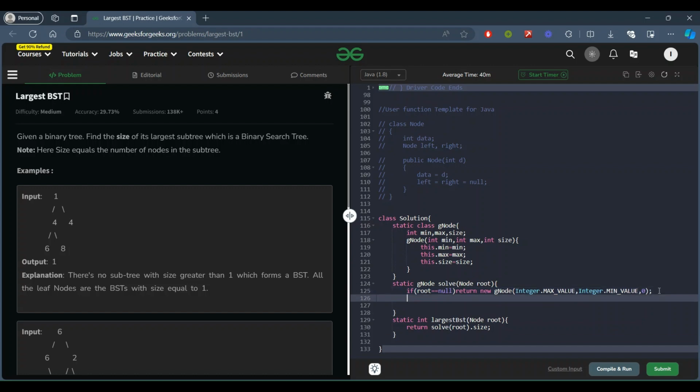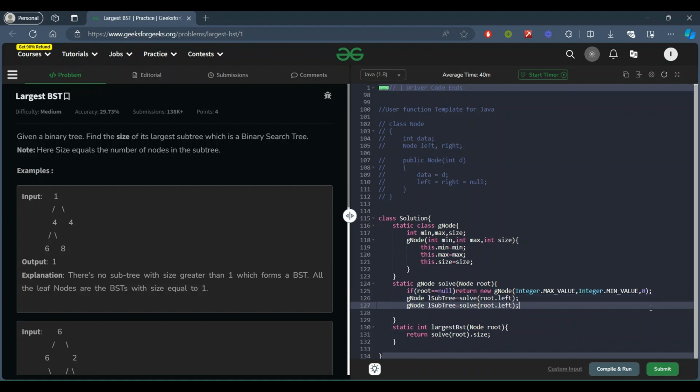So let's get the left subtree of the node. So L subtree, and here it will be solve root dot left, and similarly we will take care of the right subtree, R subtree.